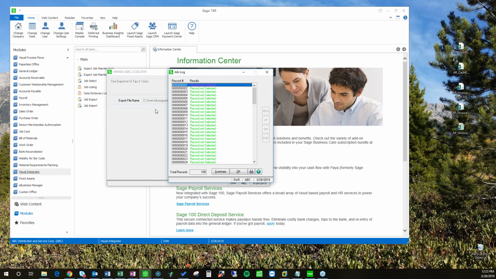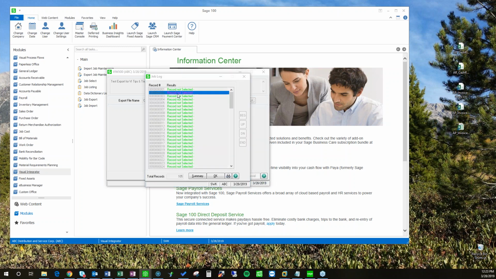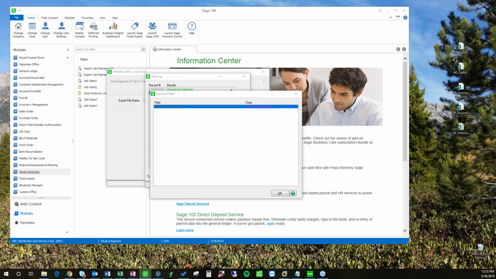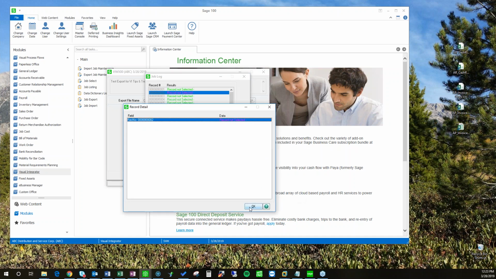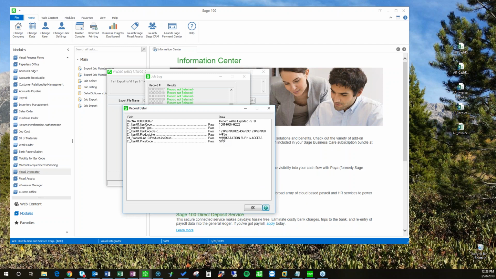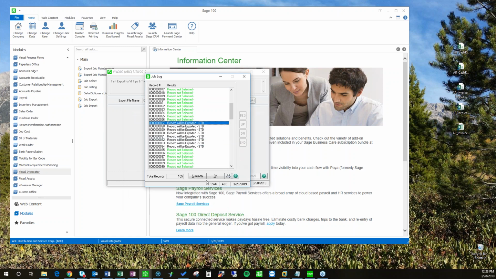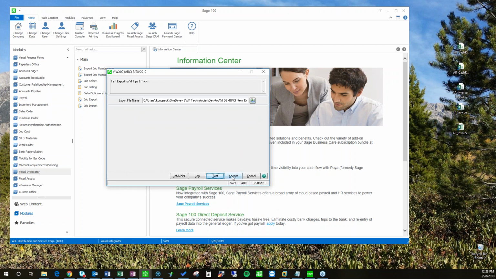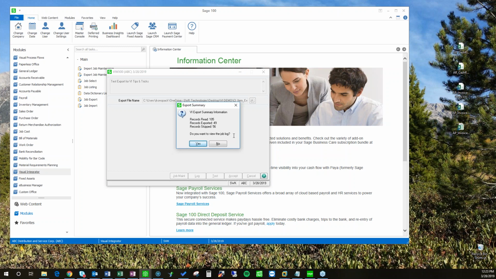So let's take a look and see in our job log what exactly that meant. All of these that said record not selected means that we had a price code that was not standard. Here, we can see that it was selected for export because of our selection. And then you can see we got our actual full product line description as well. So that is a good, useful way to export exactly what you want to see. And we can run our export